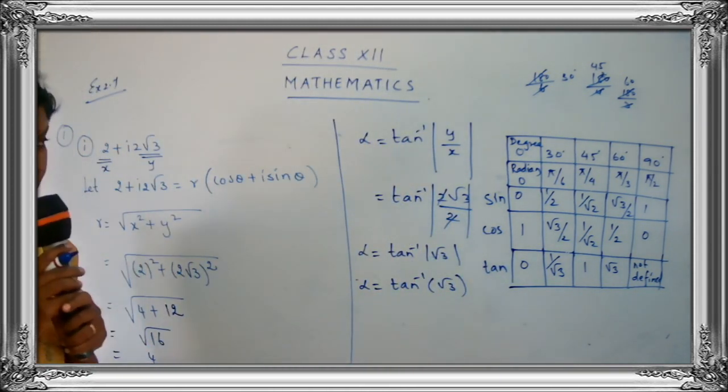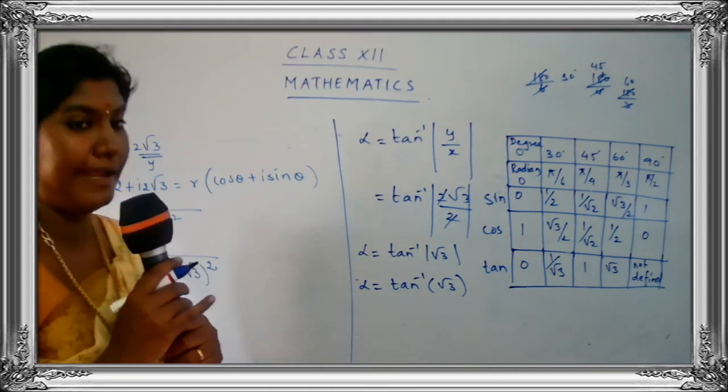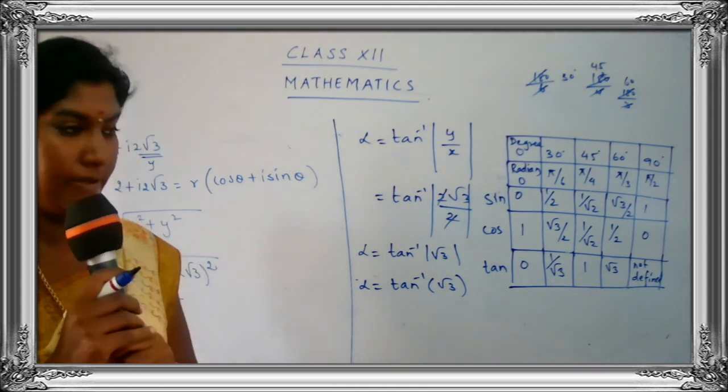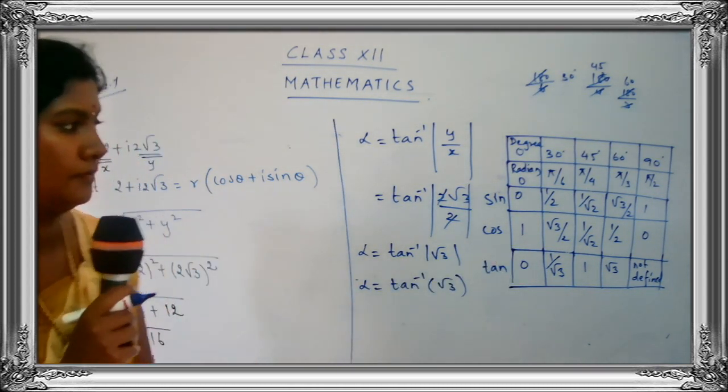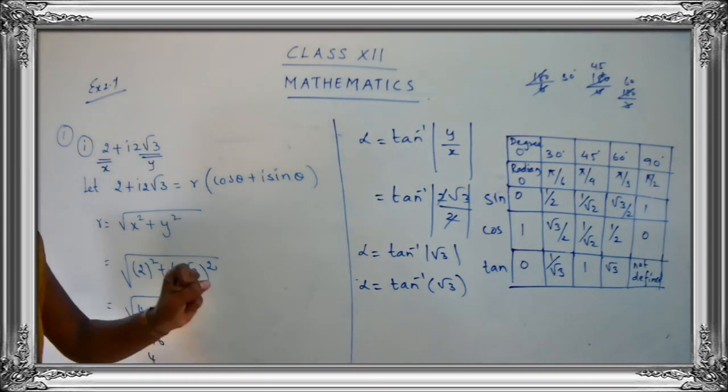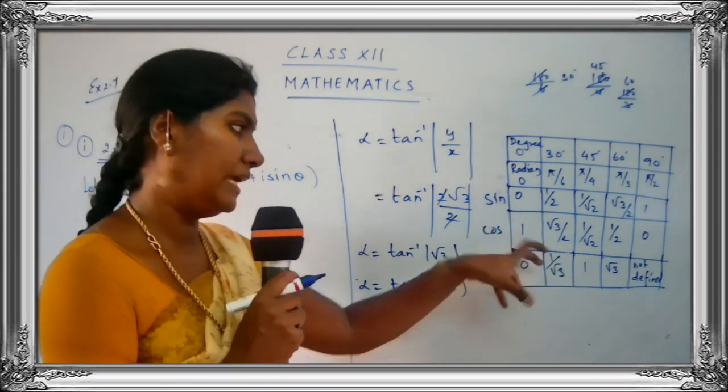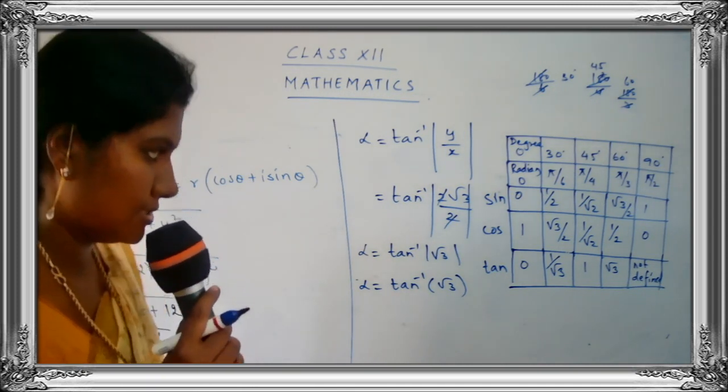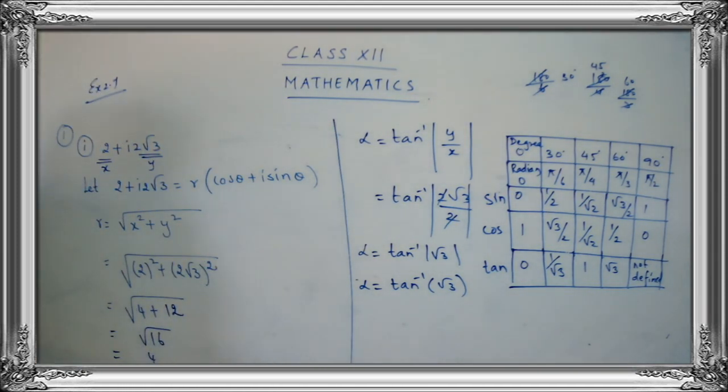So just get this table ready, children. We have drawn a table for sine, cos and tan along with the degree and the radian. Just write it down neatly. Keep the table ready so that, if you are clear with the table, we can directly choose the value and write down the answers over here. Okay, have you taken down the table, children? Do it neatly. Do not just draw roughly. You have to use your scale and complete your table.